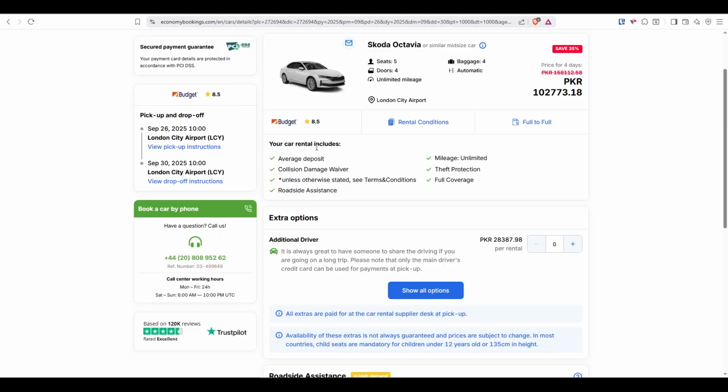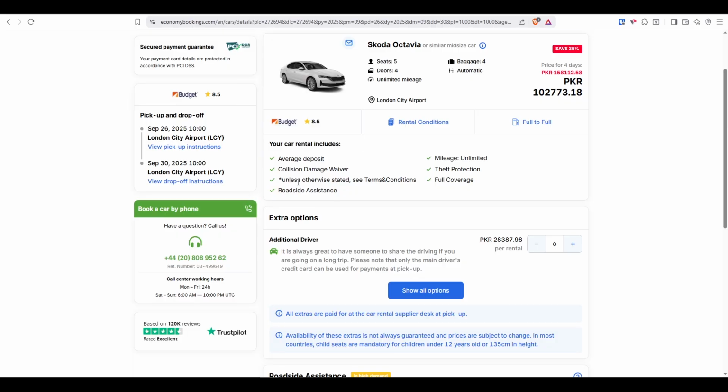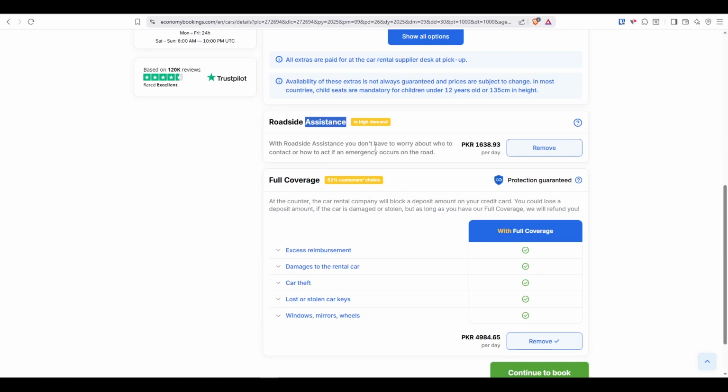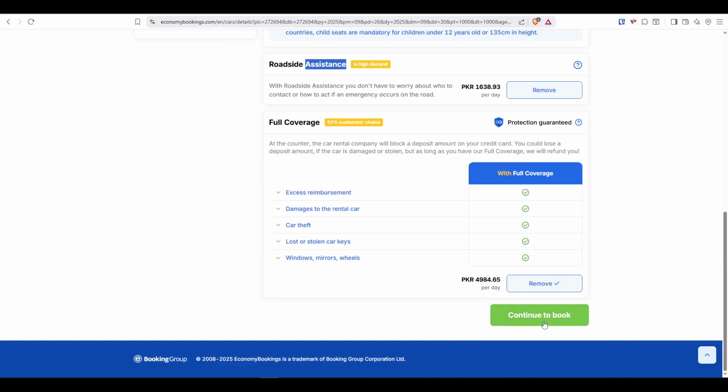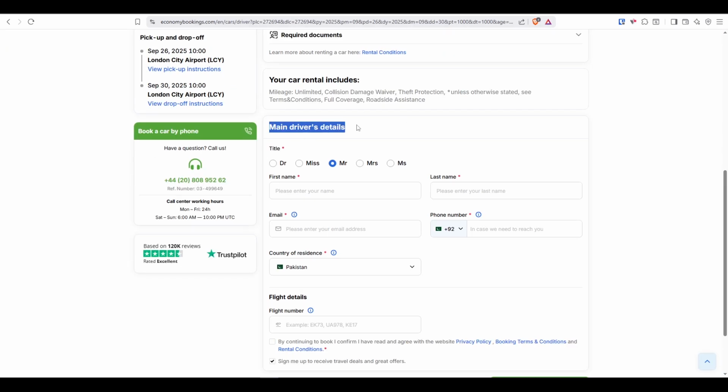Your car rental includes your average deposit, collision damage, unless otherwise, see terms and conditions, mileage, theft protection, full coverage, and roadside assistance as well. You can have an additional driver if you want to. Full coverage, roadside assistance, all of them are available. Then if you click on continue to book, simply fill out this form right here, your main driver's